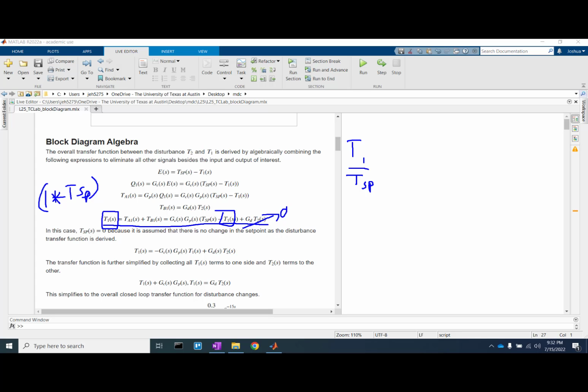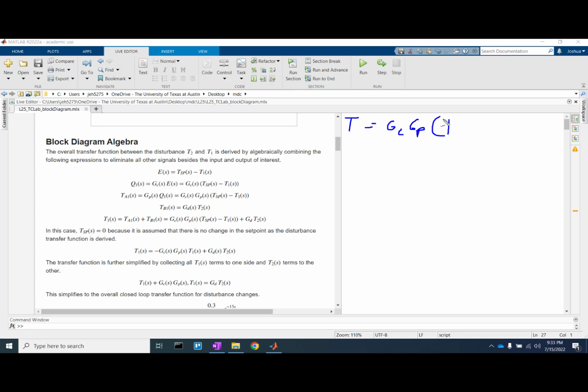Let's get out the eraser. Oh, I don't have an eraser. That's unfortunate. So we'll go like this. I was going to do it, we'll just write it all out. So T1 is equal to GC, GP, TSP, minus T1. We move that over, so it's going to be T1,